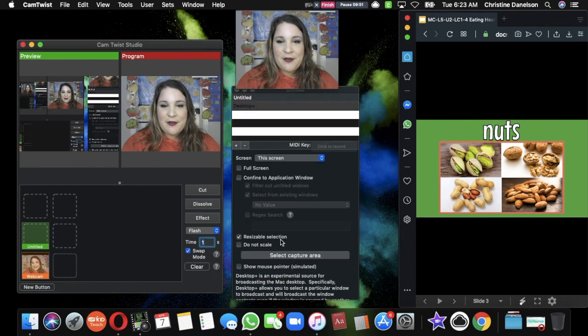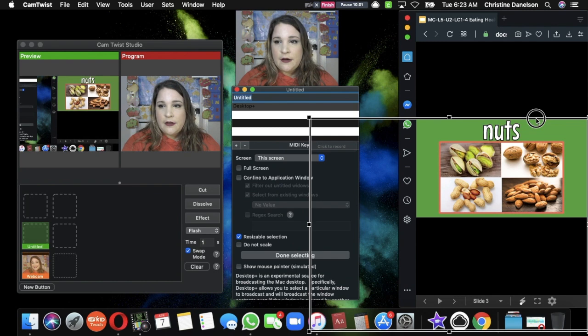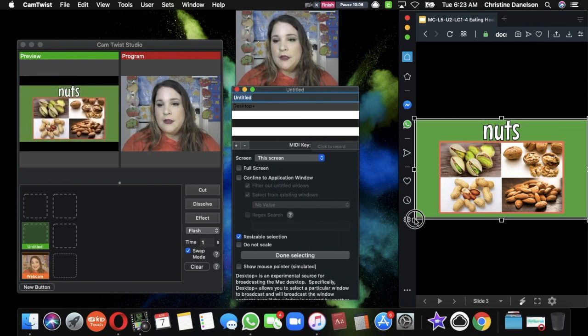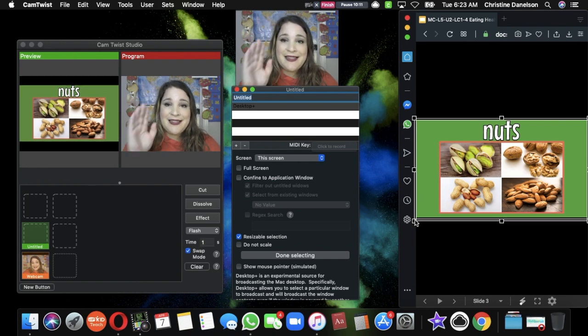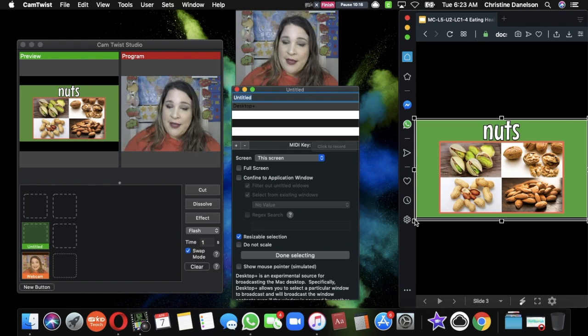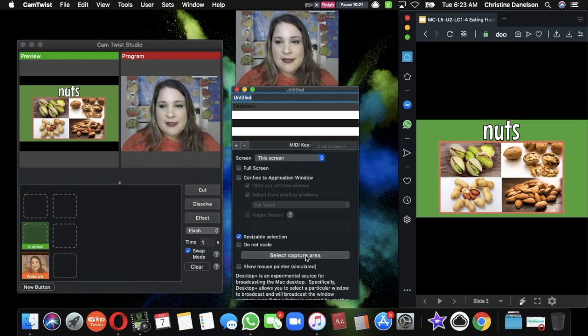All right, so now I'm going to go back to this and I'm going to press select capture area. I'm going to bring this over here and just make it show what I want it to show from this Google slide. Now, all the Google slides are going to be the same exact size as long as you put it in the same exact spot. So no matter which one you open, it's going to show up in here. And then when we're done, we want to press Done Selecting. Okay, so that's it for our large slide. We don't have to touch that